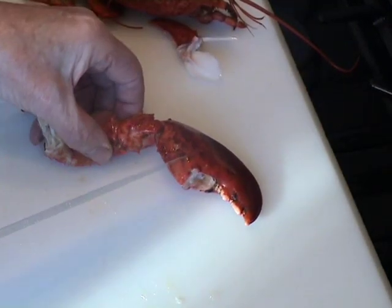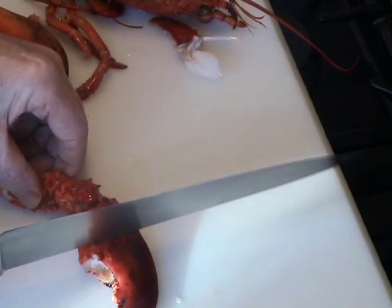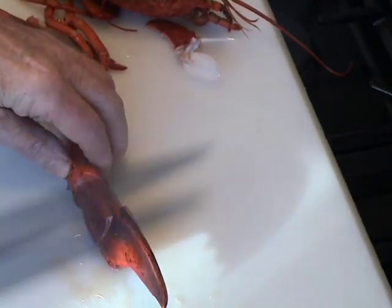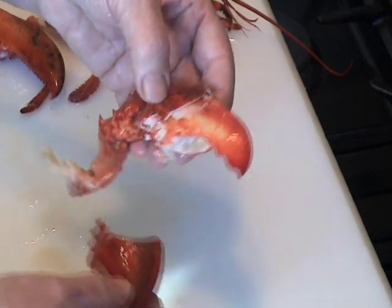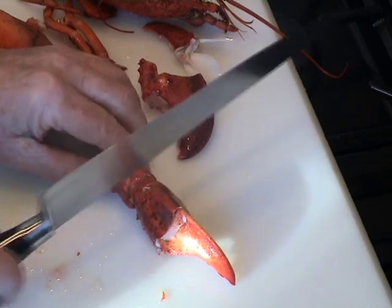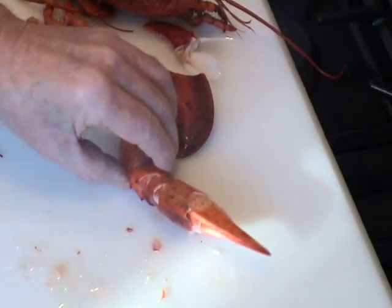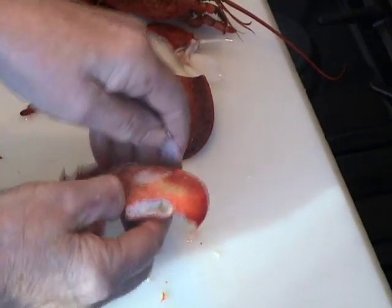Now, to remove the meat from inside the claw, what we do is we crack the claw with a knife, with a top movement too. We can very easily remove the claw intact. Now, we've almost got the meat from the claw, and what I'm doing now is just making sure I break the shell there so that I can remove the entire claw section